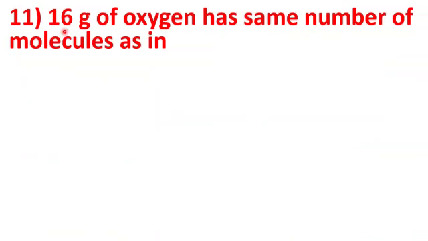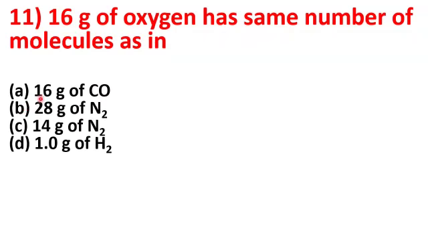Question number 11. 16 gram of oxygen has the same number of molecules as in: A, 16 gram of carbon monoxide; B, 28 gram of nitrogen; C, 14 gram of nitrogen; and D, 1 gram of H2. So 16 gram of oxygen is equal to